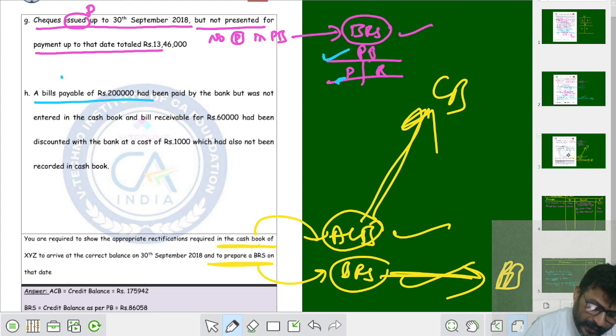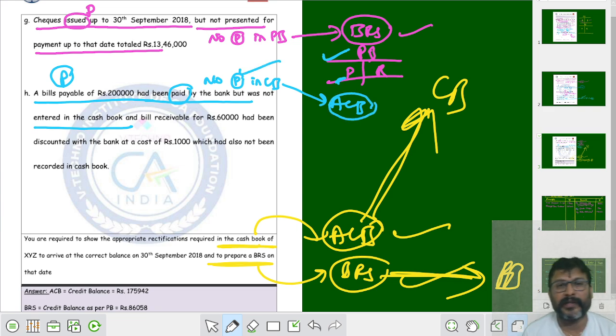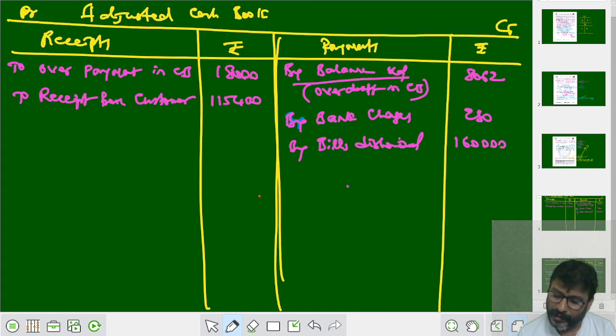Bills payable means payment. Had been paid by the bank, was not entered in cash book. Not entered in cash book means we can say that no payment in cash book. When no payment in cash book, it comes in ACB. What side? Payment side only. So we have to write on the payment side, that is bills payable